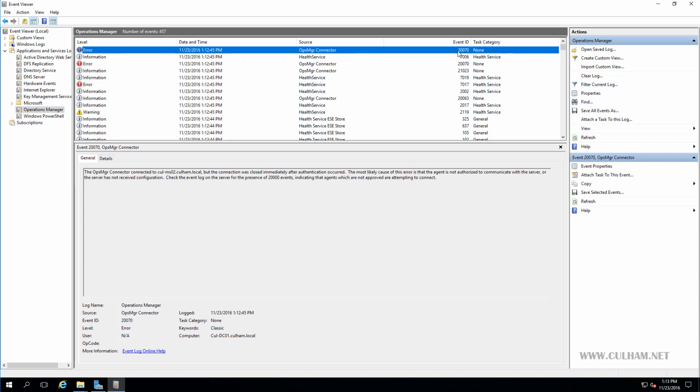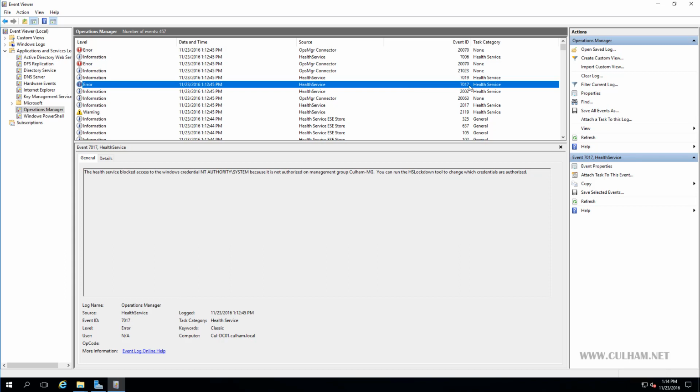This one here, the 20070, which tells us that the agent had tried to connect to our management server, but it was simply refused. And that's exactly what we should expect to see, because this server's agent was manually installed and needs to be approved to talk to SCOM. And secondly, because this is a domain controller, we need to do something special for these servers to grant them required permissions. So we should expect to see a